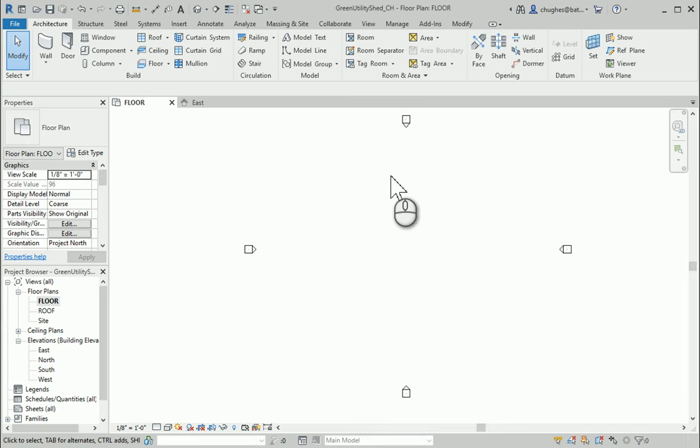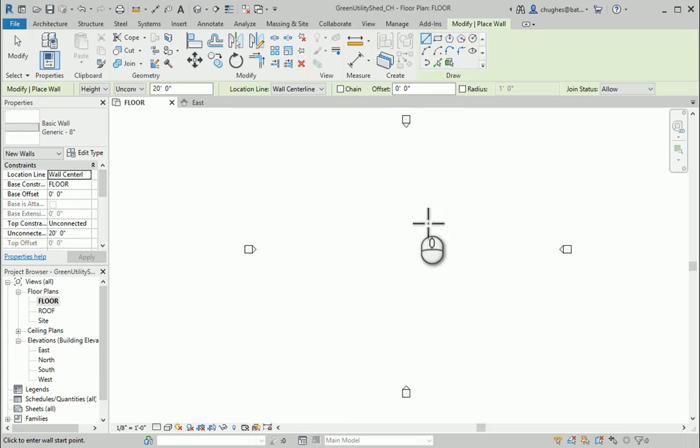So we always want to make sure, this is a note, that we're drawing inside of the elevation markers. Those are the 4 points that we have here. That's where we're going to be getting our elevation views, and that's exactly what we want to make sure to have. I'm going to go ahead and click on the wall tool again,